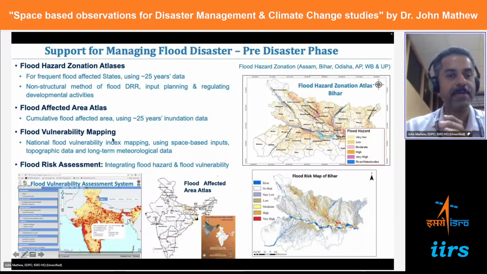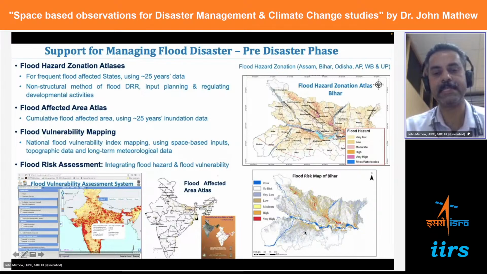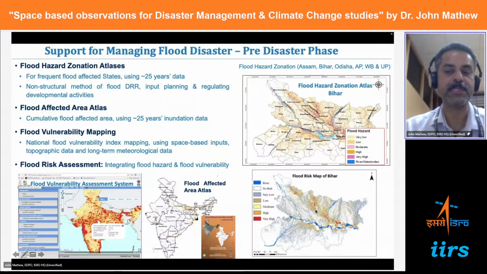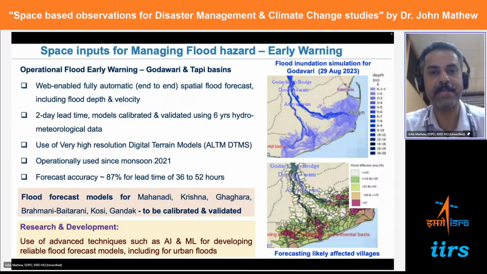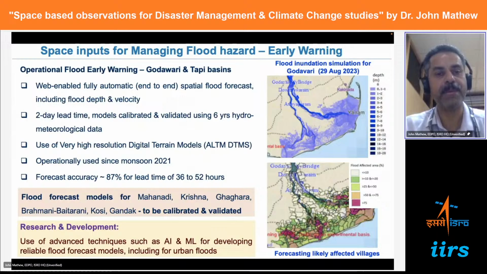So now we have hazard and vulnerability. Now we are developing the flood risk assessment. You can see on the right hand side bottom the flood risk map of Bihar. The flood risk will basically consider various elements which are exposed to the flood hazard, like population, infrastructure, etc. So that is the first type of input, based on historic flood data, the flood hazard. The second is that for managing flood, if you are able to give early warning, that will be very